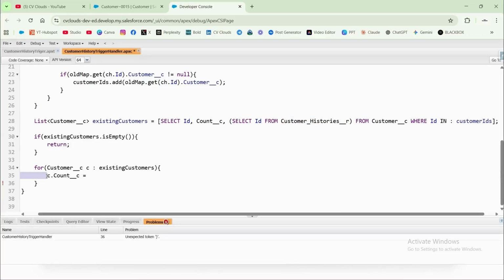After this, we are going to write c.count = c.customerHistories.size(); semicolon. What is it returning? c.customerHistories will return the list of customer histories of that parent. That means for this customer record, how many customer histories are there? So it will return that list, and .size() means how many records are there in the customer histories. So it will return the count of the customer histories for that parent,